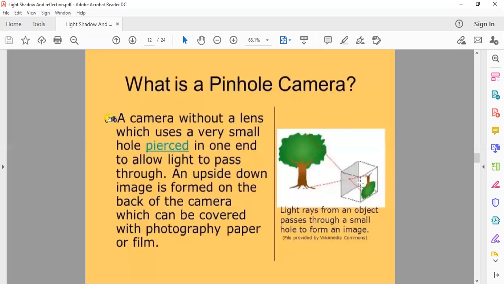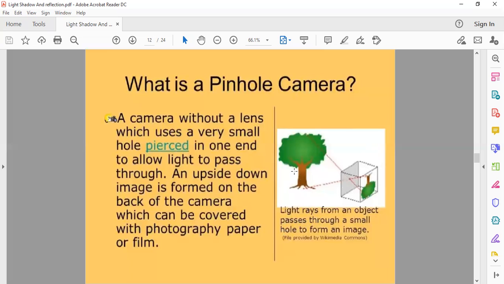We can say it is a camera or a box. So children, we can see how light passes through the pin. A very small pinhole we had made like a pin. Light passes through this pinhole and it forms an upside down image. We can say that an inverted image is formed by this camera.